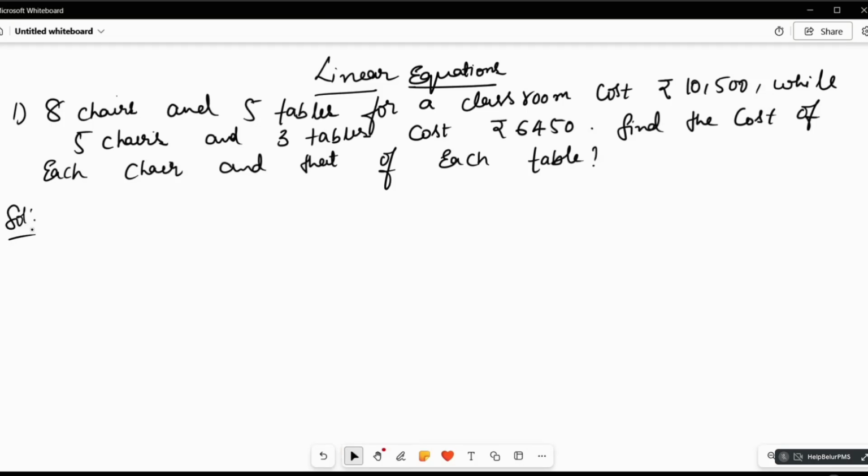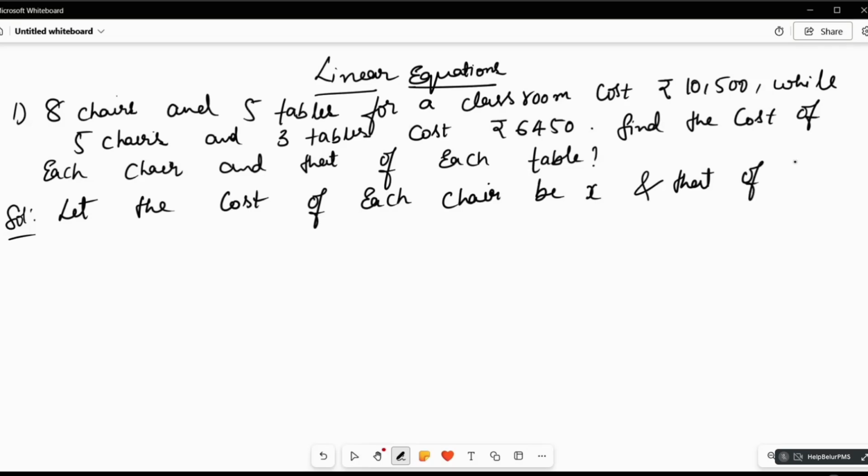So there are 8 chairs and 5 tables, and the total cost for 8 chairs and 5 tables for a classroom is 10,500, while 5 chairs and 3 tables together is 6,450. Now find the cost of each chair and that of each table. Okay, so let the cost of each chair be X and that of each table